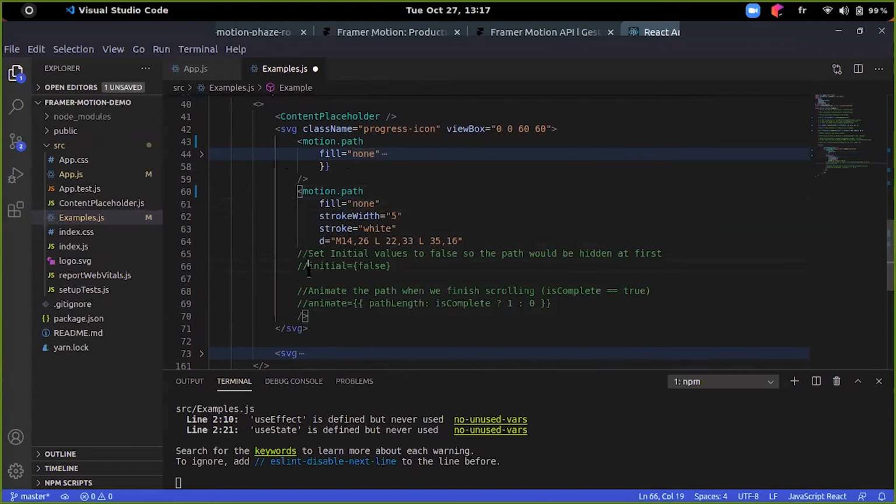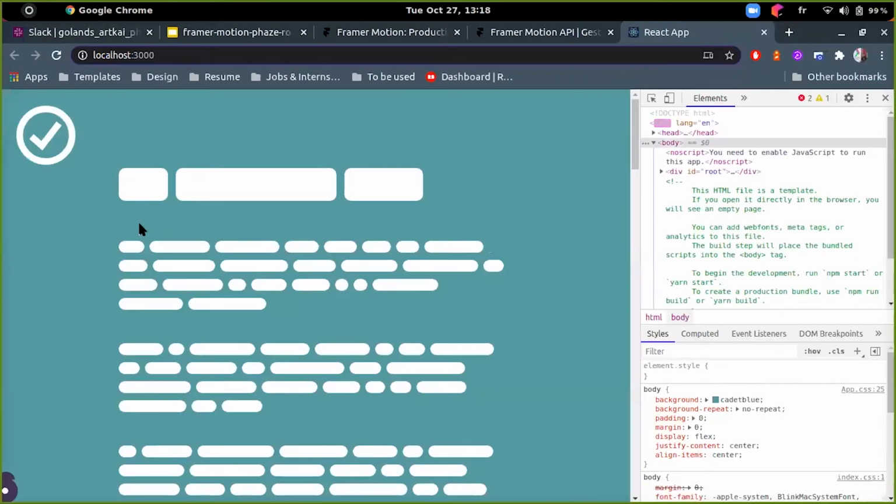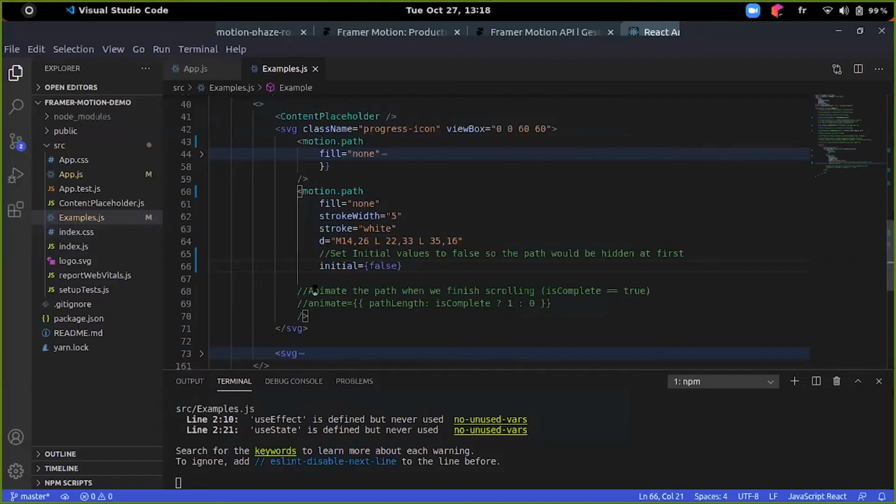We should make sure that the component won't take the initial value into consideration. So the check icon will be hidden in the initial case. If we didn't set initial to false, the icon will be shown at first, and that's not what we desire. We desire it to be hidden until we reach the bottom. After setting initial to false, I should first of all set the animate